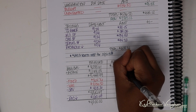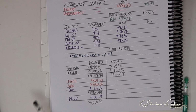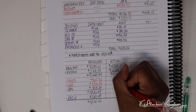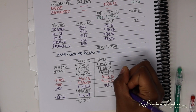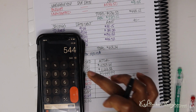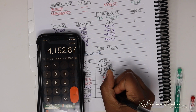So $4,283.61 was the beginning balance of my checking account. My paycheck of $1,166.38 gave me a starting balance of $5,449.99. I subtract the $443.76, that was my fixed expenses, the $445.12 for variable, and where's my purple pen? The $408.24 for savings. $5,449.99 minus $443.76 minus $445.12 minus $408.24 gives me